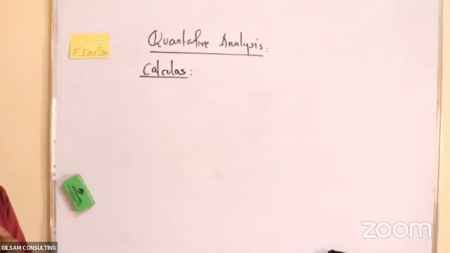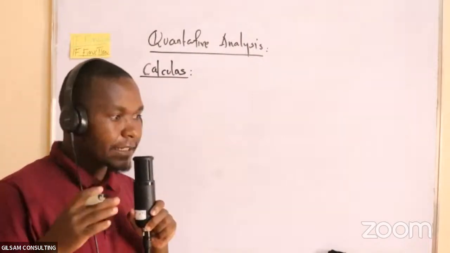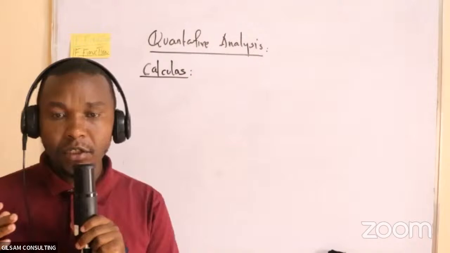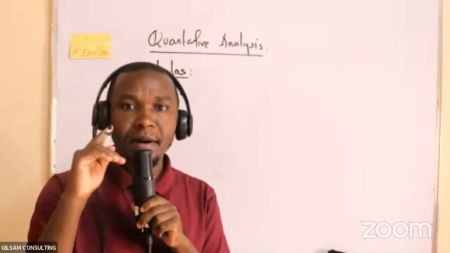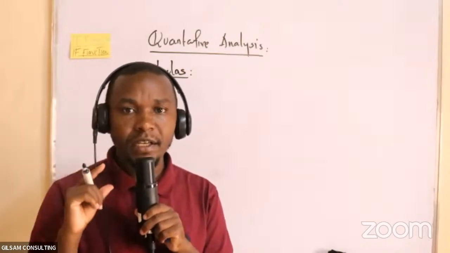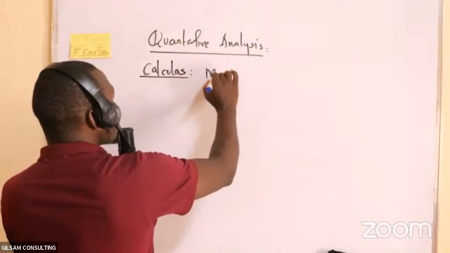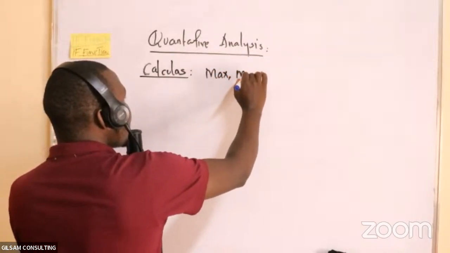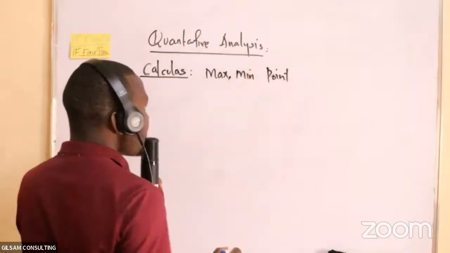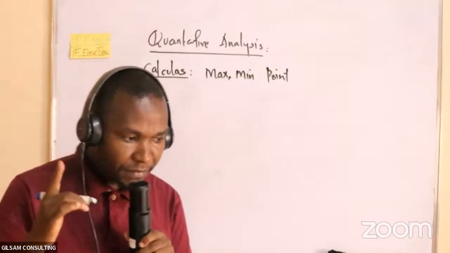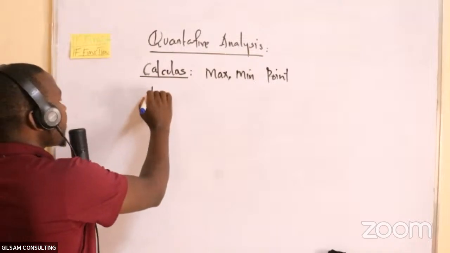So calculus also is another one through which we get from the function to the derivative function. From this derivative function, we can get the minimum point and the maximum point. So calculus is the one which enables us to get the maximum and minimum points of the function. And we have differentiation,